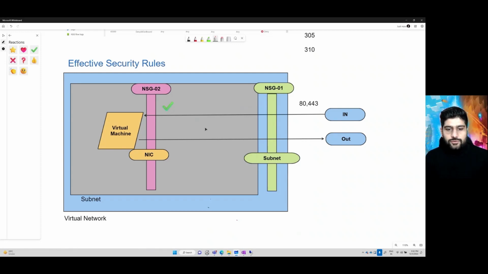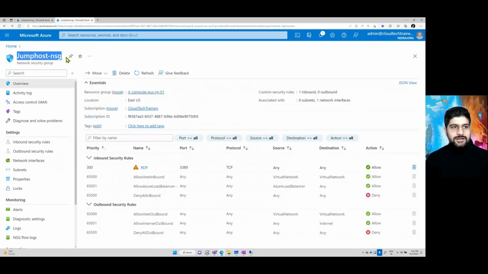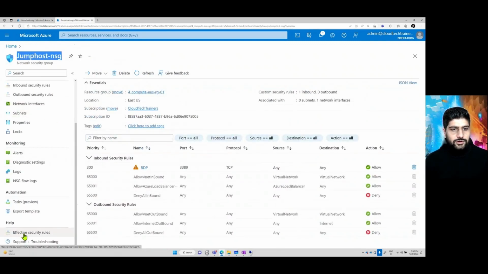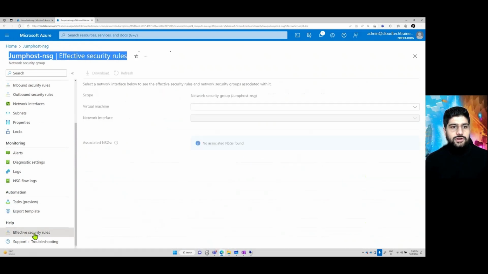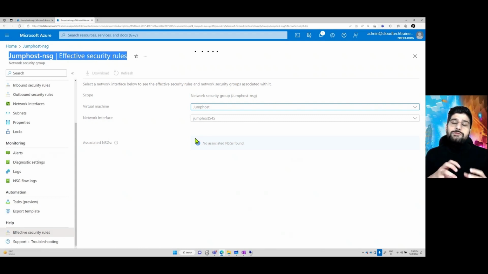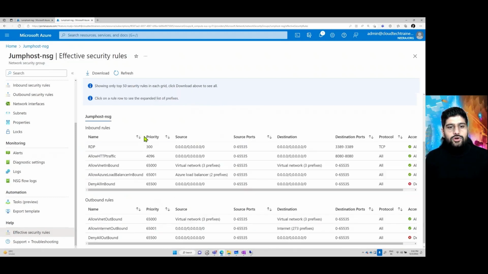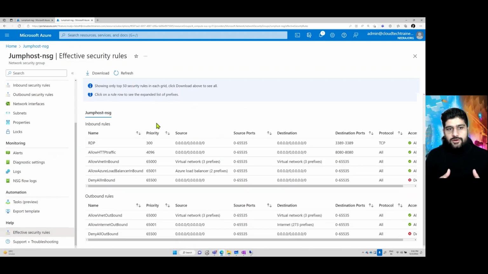Where do you see these effective rules? If you go back to your NSG, there is an area called effective security rules. If I click on this, I can select my virtual machine and I can select my network interface. Once I select both of these details, it shows me the overall effective rule that is getting applied to my network. So it'll take a second and you can see what all rules are getting applied on my network security group. Okay, so you can see all the inbound rules, all the outbound rules